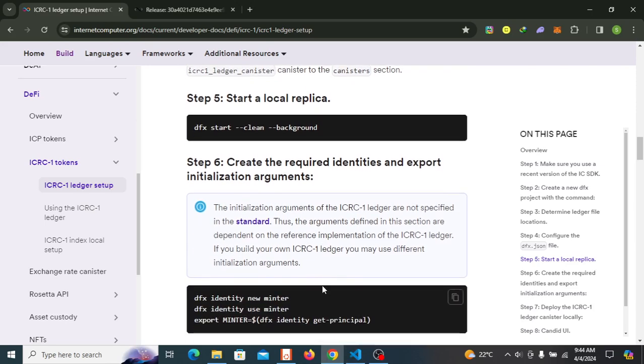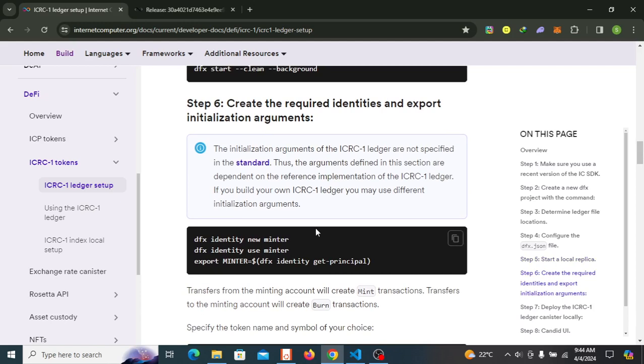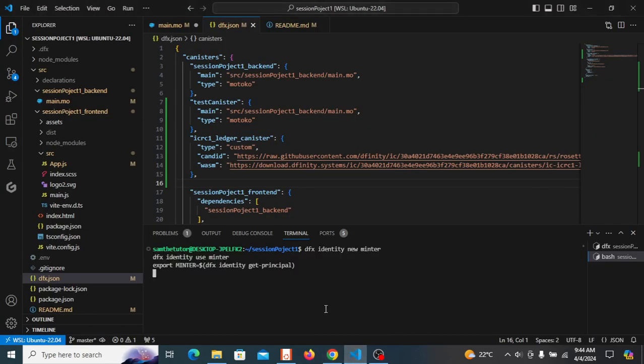So we're on step 6, and we have to create the required identities and export our initialization arguments. So first, we want to create a new identity of Minter, then we switch to use that Minter identity, and then we export its address. So I'll just copy this and select OK. They say identity already exists, meaning that we already have that identity configured on my machine. So we just go to the next step, which is to use that identity,